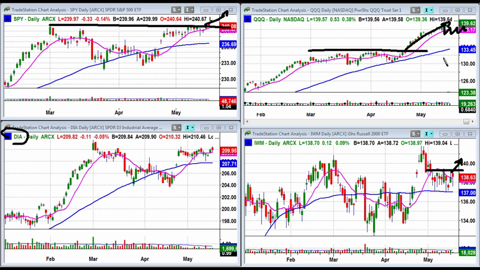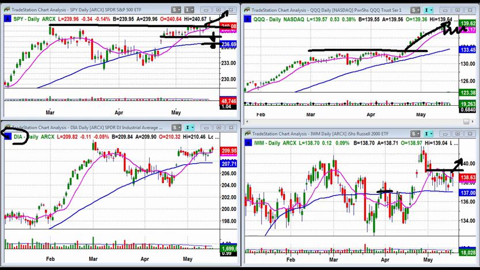Right now, the market's trying to figure out whether or not it's going to break out and go higher. So when do we say, you know what, the market's beginning to roll over? Well, when the SPYs break below this consolidation, it becomes a problem. That's when we start to turn a little bit cautious, and we turn more cautious if we break under the 50-day moving average here and go into a warning phase.